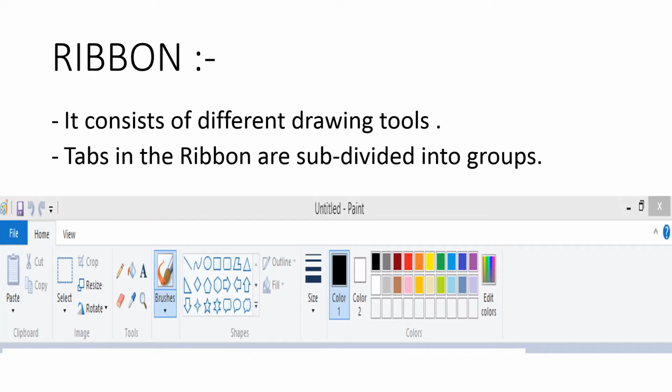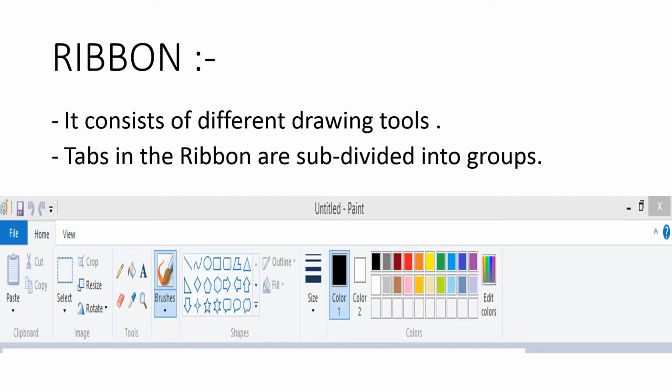Now on your screen you can see the image of the ribbon of Paint application. Okay, in the Paint application there is a ribbon at the top of the window, and it contains different drawing tools. Okay, now on your screen you can see an image. In that image you can see the three main menus: File, Home and View menu.